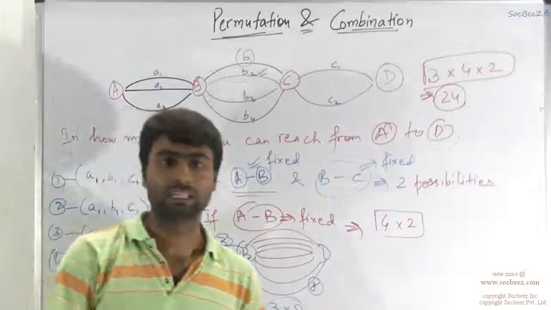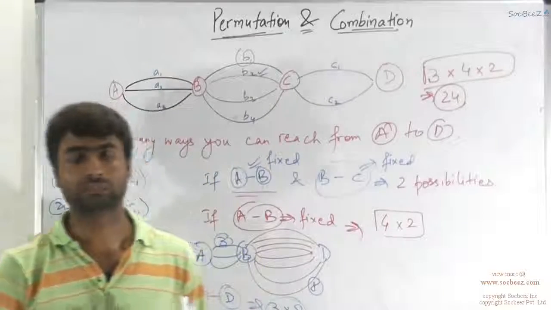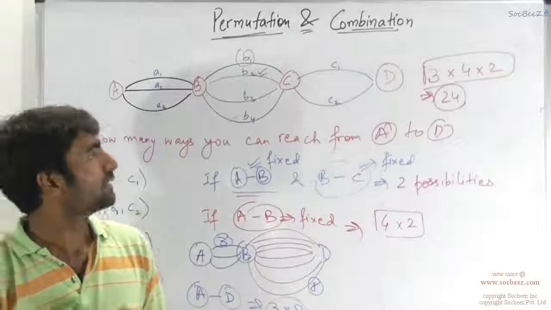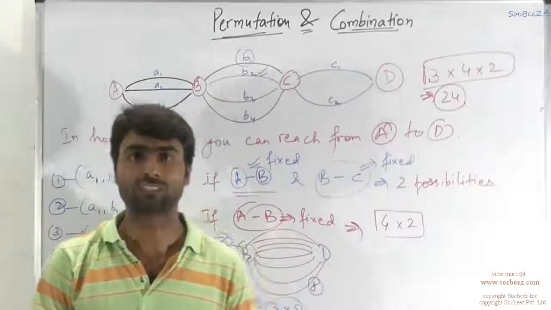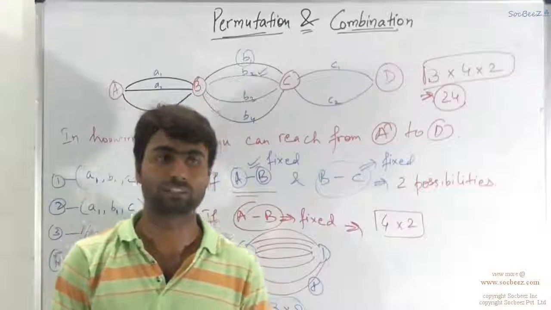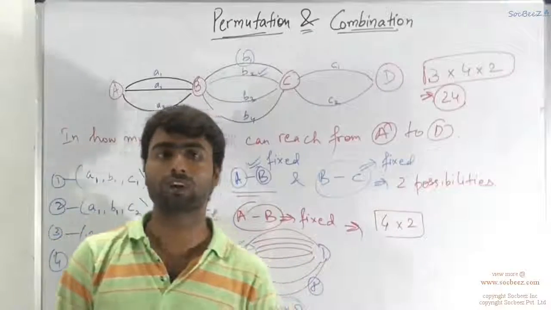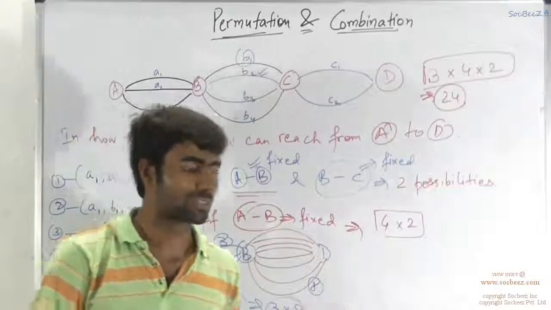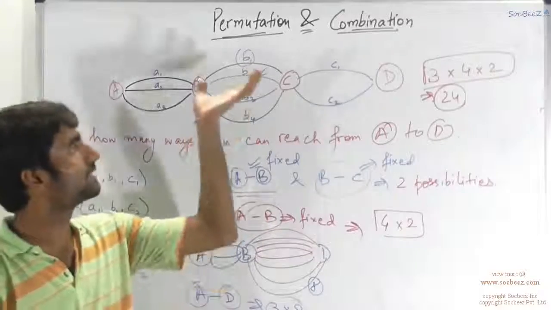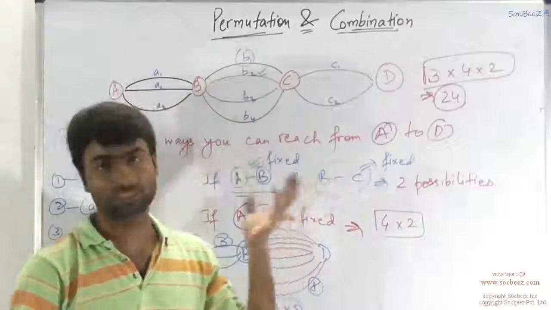So in this lecture we understood the basic meaning of a factorial and the two basic principles of counting, that is, the addition principle and the multiplication principle. Using this you can solve some basic problems of counting, and next we will consider permutation and combination, exactly the formulas and some other concepts, in the next lecture.